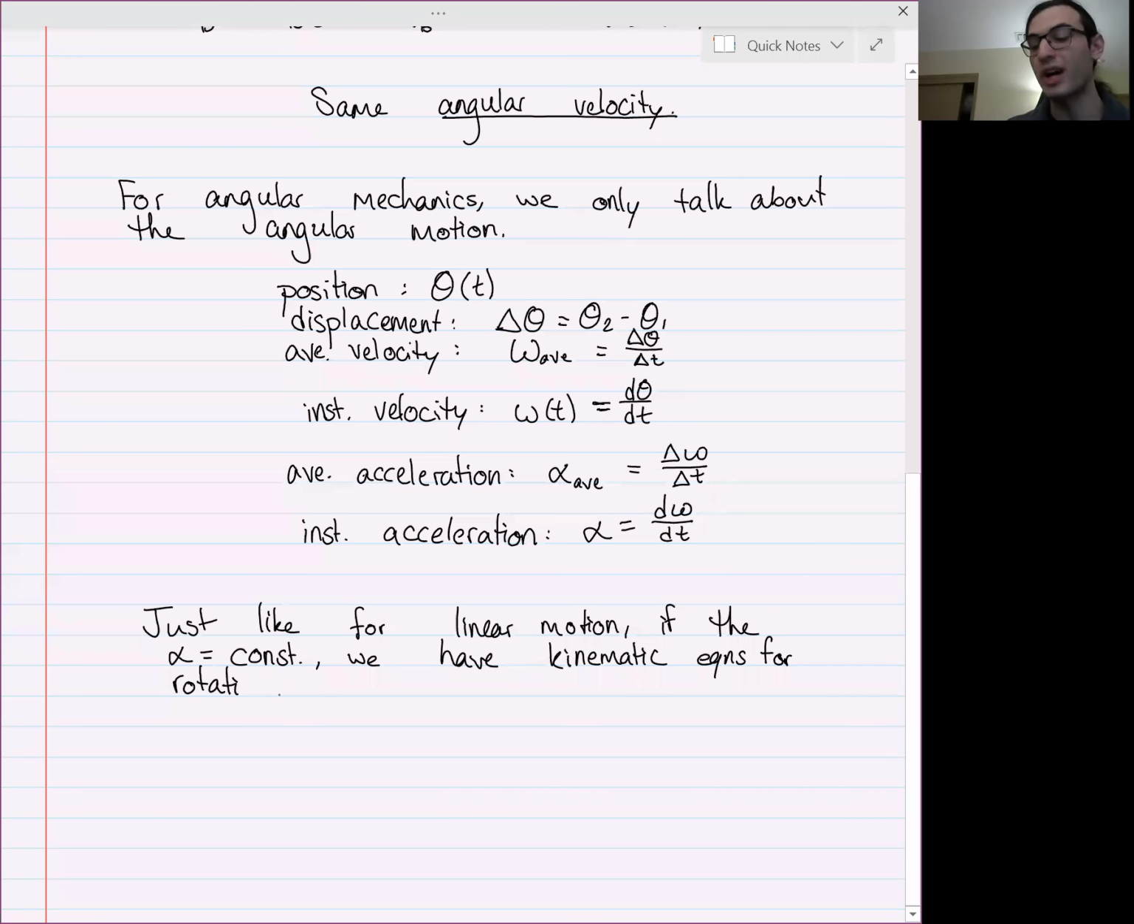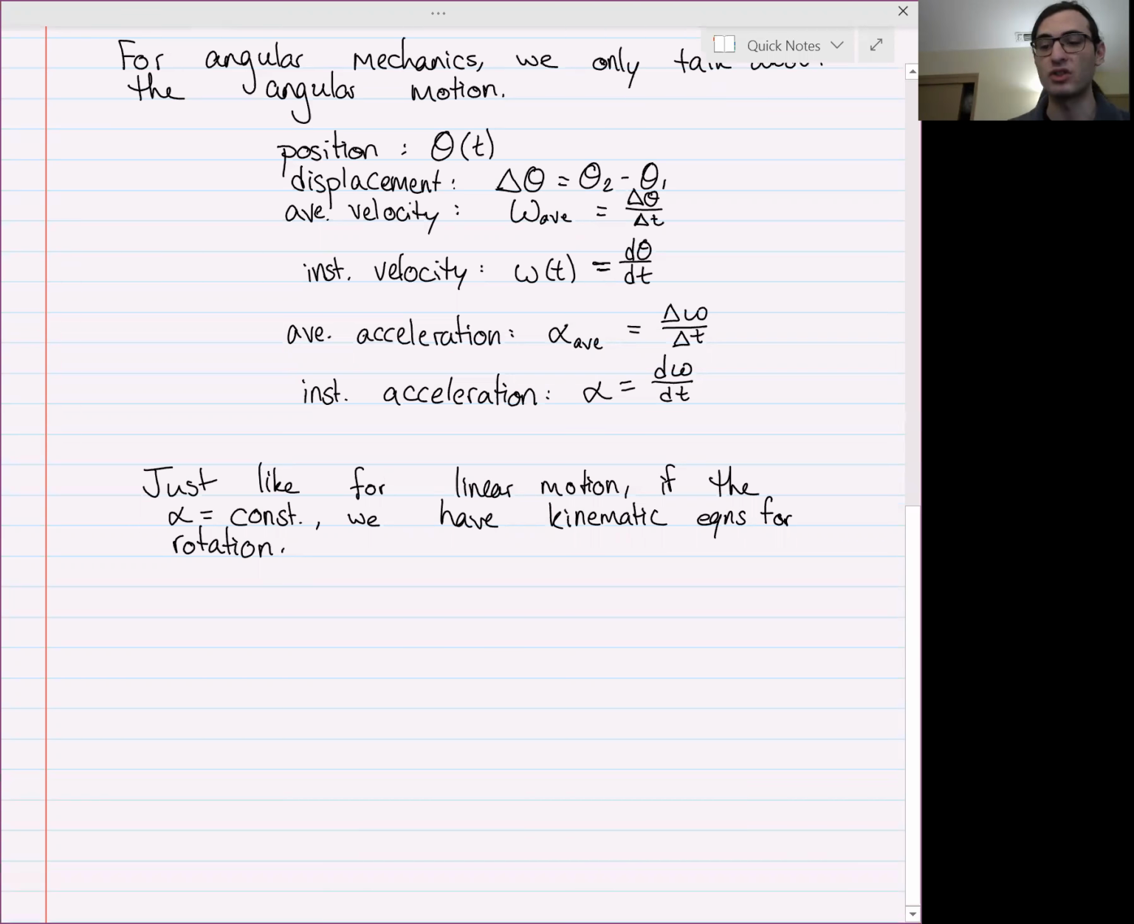So remember how we derived the kinematic equations. This is x of t equals 1/2 a_x t squared plus v naught x t plus x naught. The way we derived that was basically by integrating and by noting that the acceleration was constant. We can do the exact same procedure here